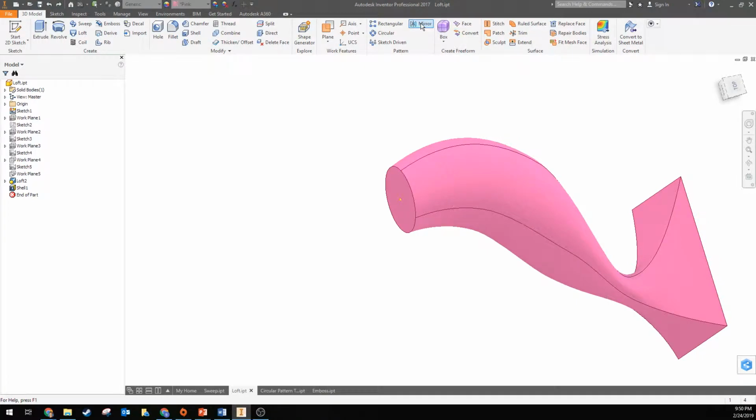So I go ahead and hit mirror, and I can either grab an individual feature or I can grab the whole solid. I want the whole solid in this case, so notice how it selected that whole odd shape I have here. And then for mirror plane, I need to choose an actual plane, so I could choose this one,